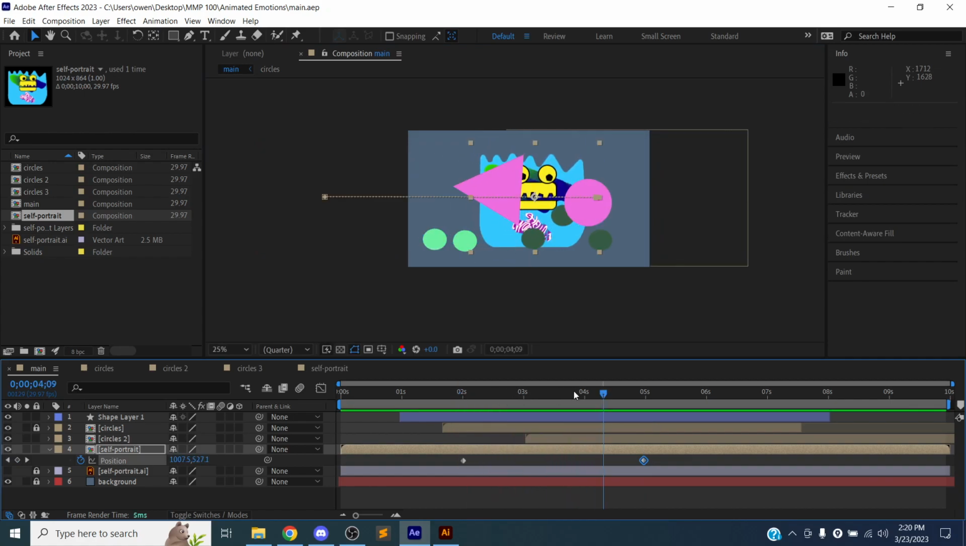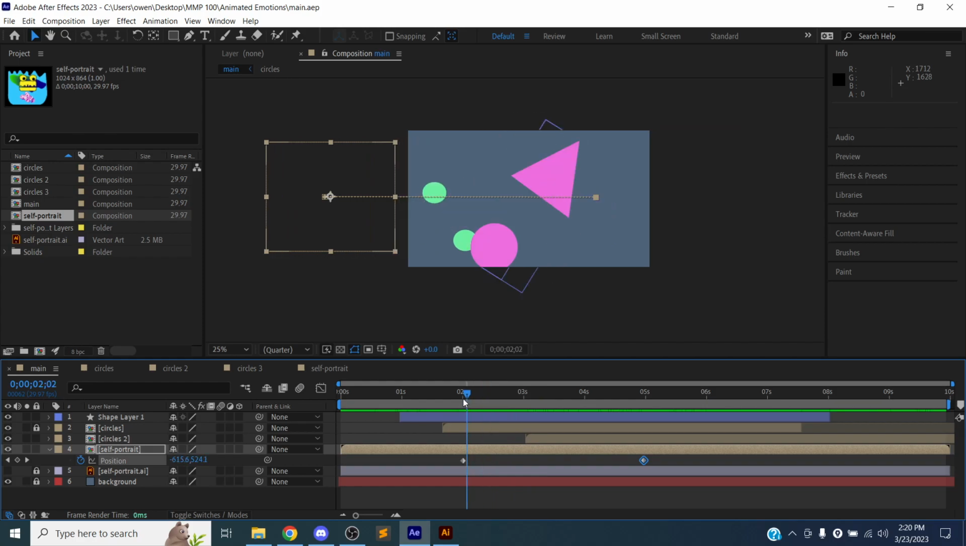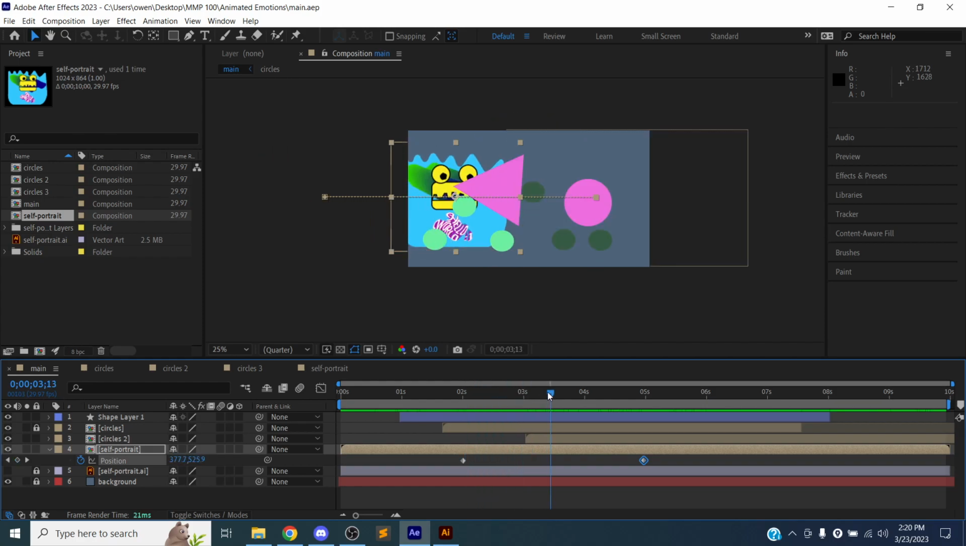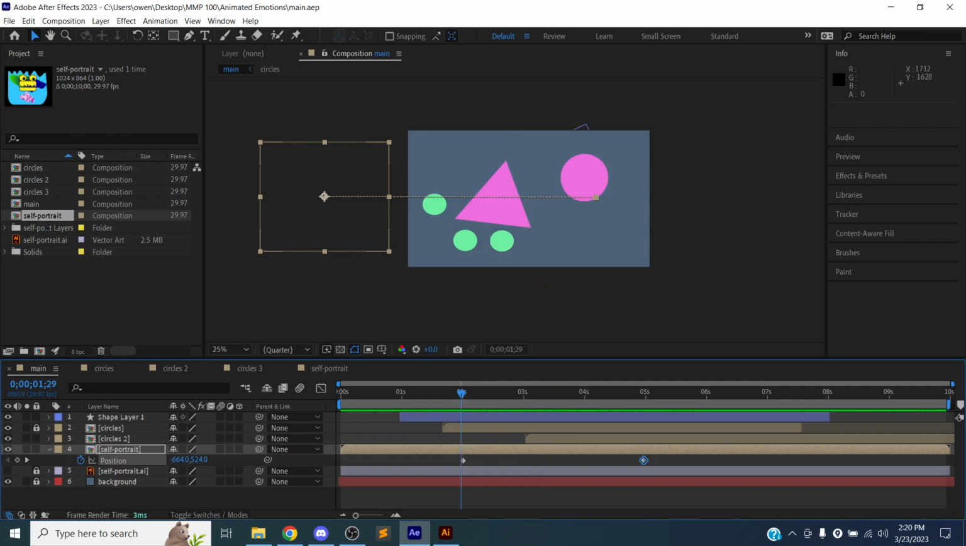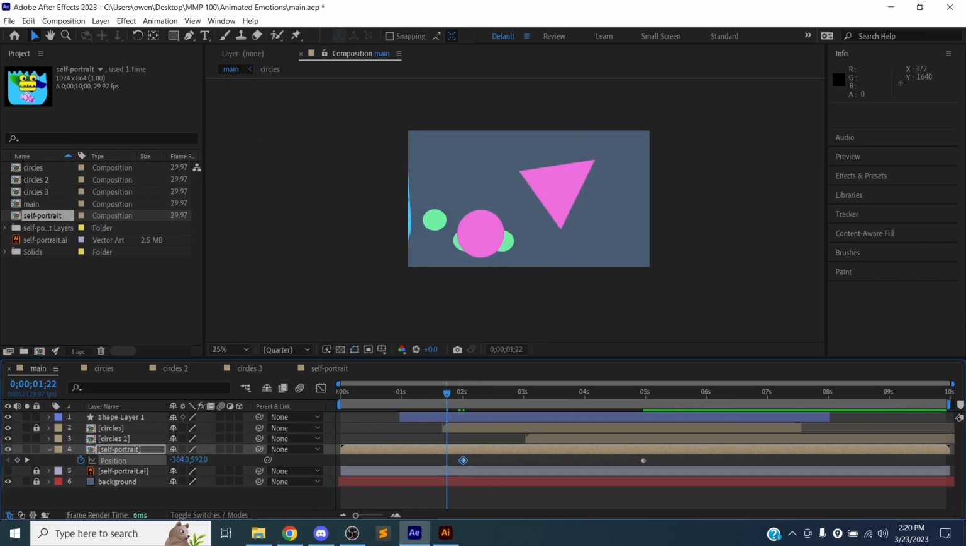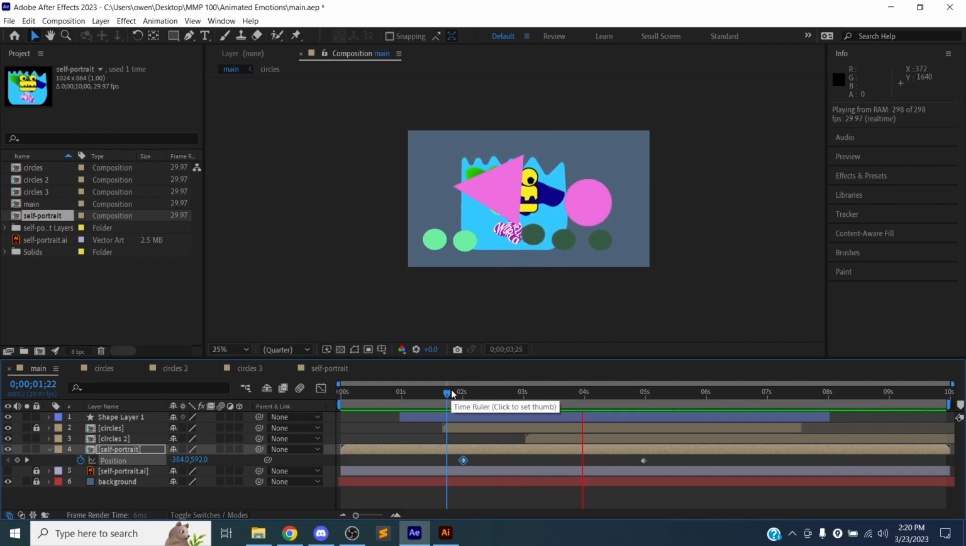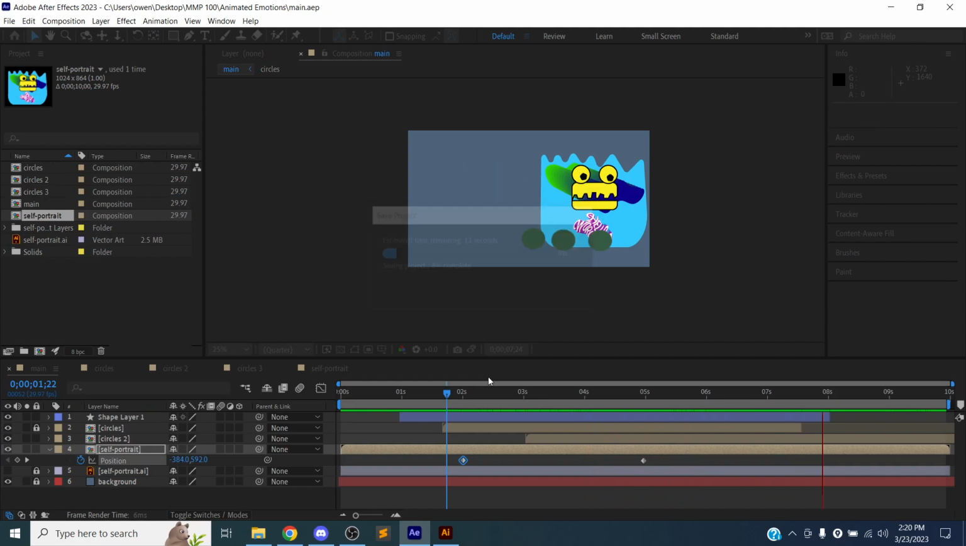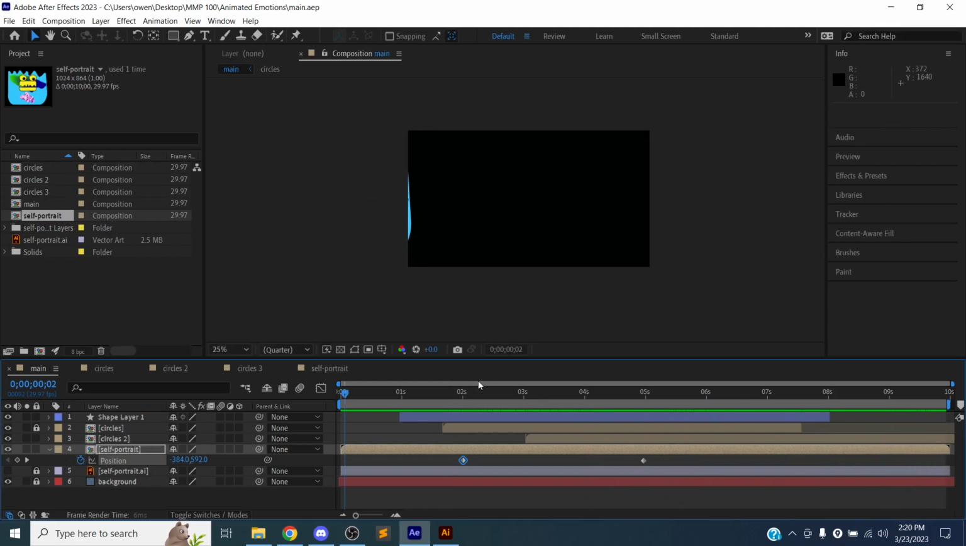Okay, so we see the head animating, but it's not really on screen yet. So let's go back to this keyframe and just move it a little bit closer so we see that animation. Okay, so now we can kind of layer those animations. Okay, so those are the two ways that you can add an Illustrator file into After Effects, and you